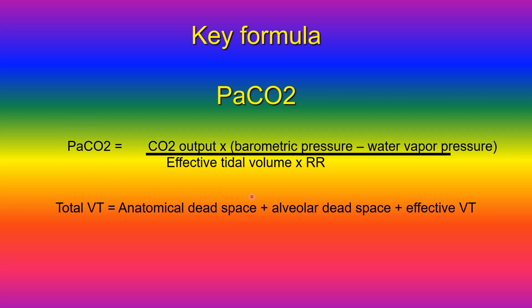The second point: if this patient develops some sort of exacerbation, this means that the alveolar dead space will increase and the effective tidal volume will decrease, so the partial pressure of carbon dioxide will increase. This alveolar dead space will increase due to, say, pneumonia, pneumothorax, spasm, something like that. So this leads to a decrease in the effective tidal volume, and the partial pressure of carbon dioxide will